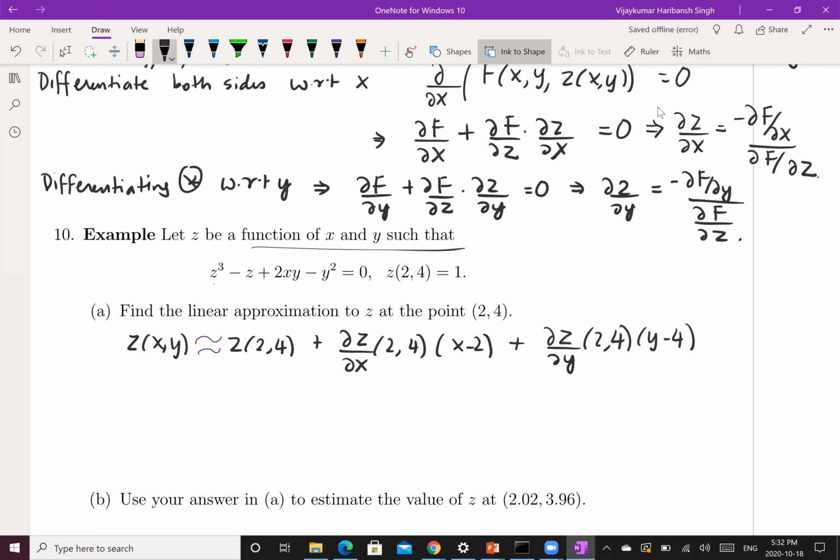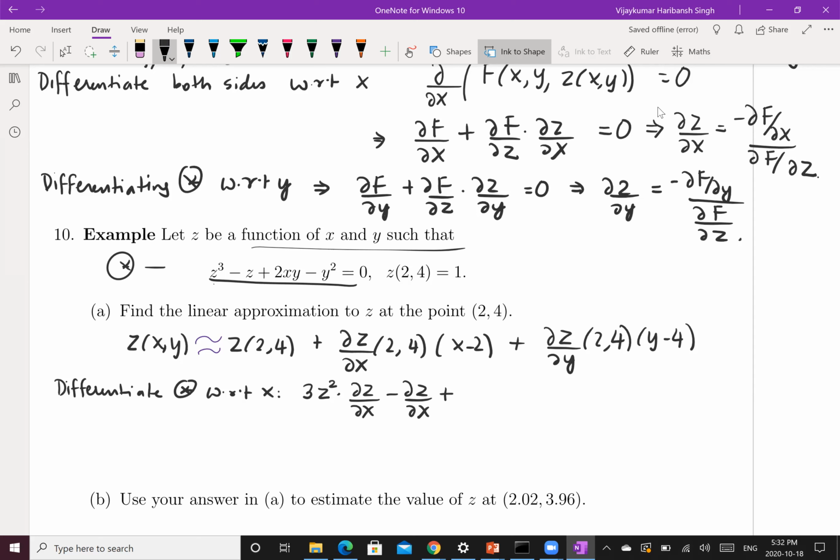So differentiate both sides of this equation, star, with respect to x. So what do I get? I get 3z squared times dz by dx minus dz by dx plus 2